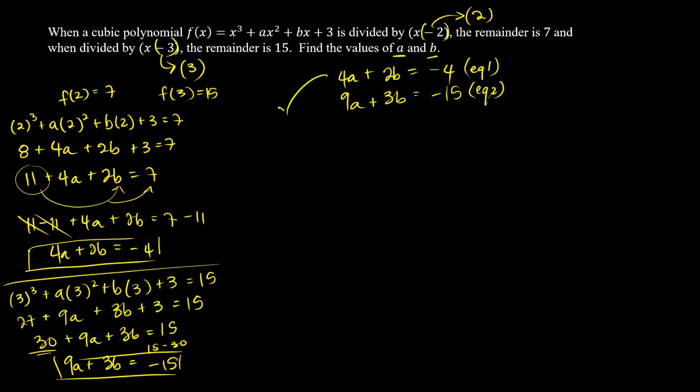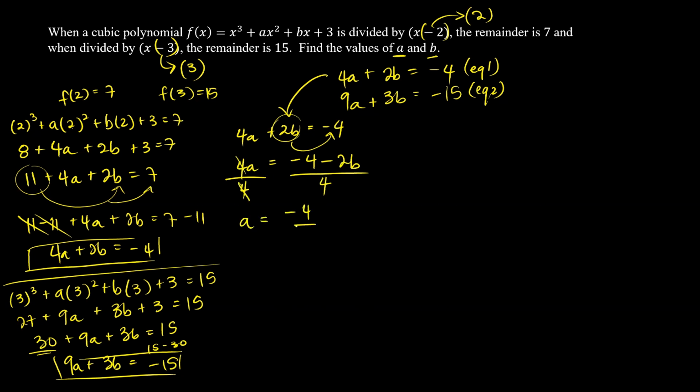So let's say I take this and I make A the subject. So 4A plus 2B is equal to minus 4. And I'm trying to make A the subject. So I'll bring this 2B over first. So that would be 4A being equal to negative 4 minus 2B. And of course, I'll have to divide by 4 on both sides. So A would be equal to essentially negative 4 over 4 minus